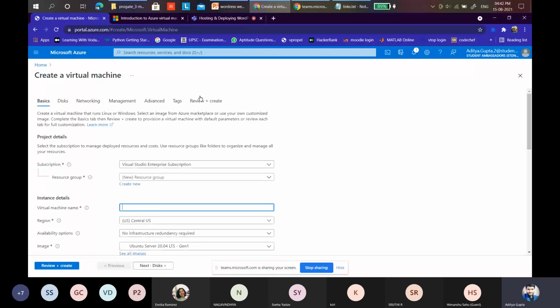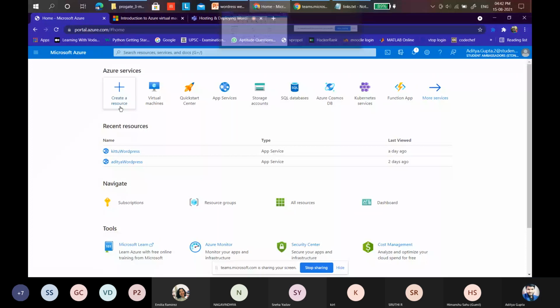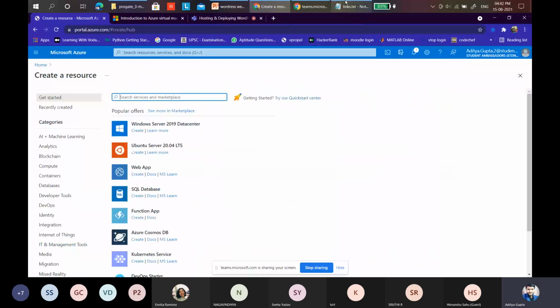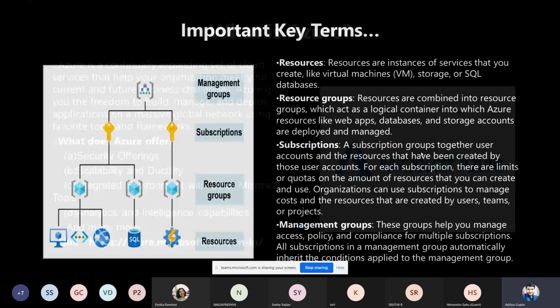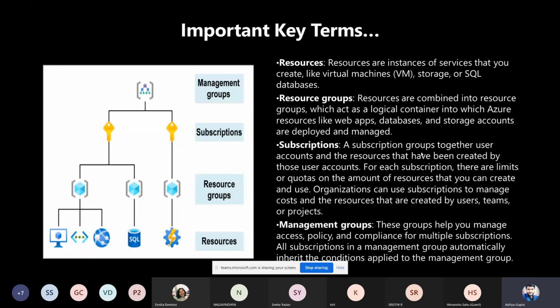I will tell you how to create one in the next event because virtual machines are not part of this event as of now. But let me continue with my presentation, because without that you can't create WordPress services. So don't get overwhelmed, I'm telling you, don't get overwhelmed by listening to the terms, because they are really just simple terms.